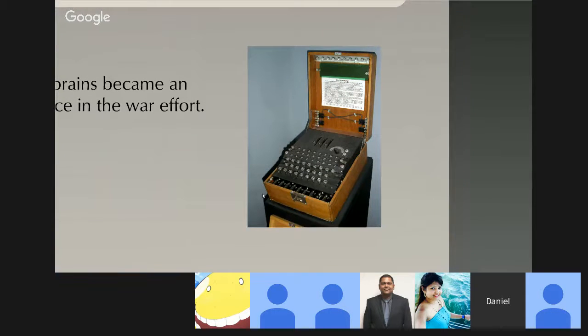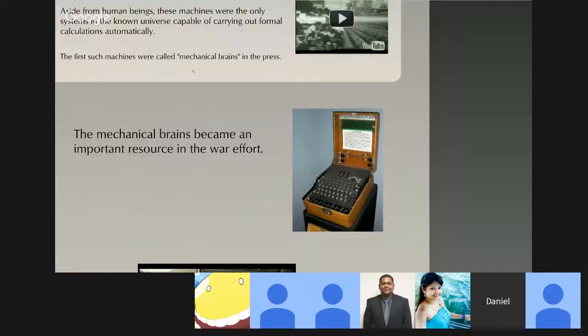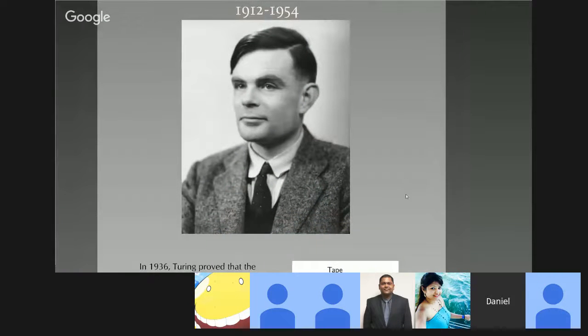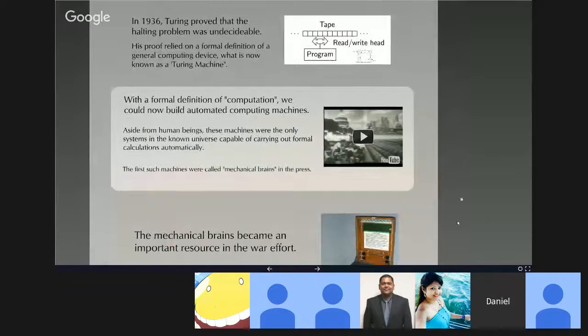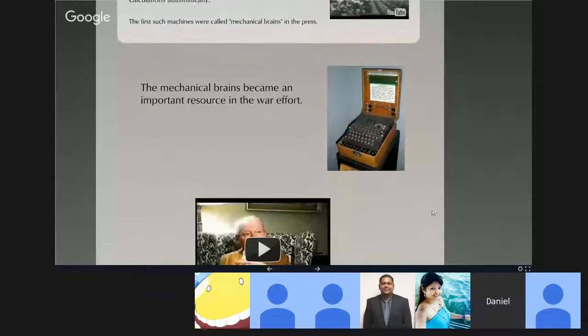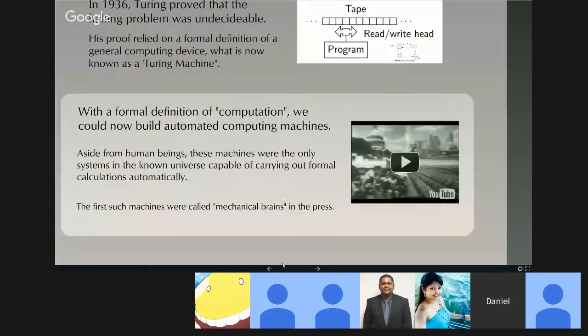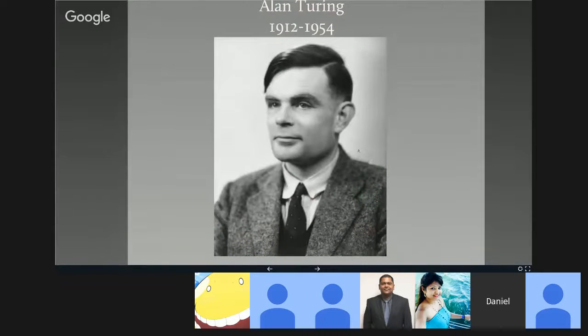Cracking the code eventually helped the British defeat the German blockade and win the war. So let me say that one more time. Turing defeated the Nazis. He's a war hero. And he comes out of World War II as a war hero. He's an intellectual superstar and a war hero. Turing's also gay, which at the time was a crime in England.